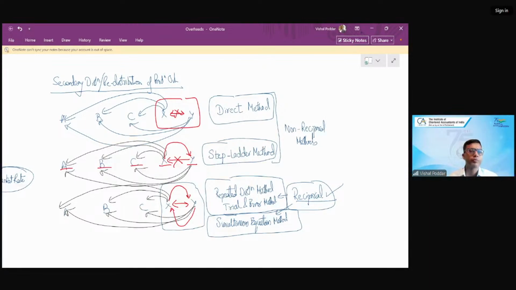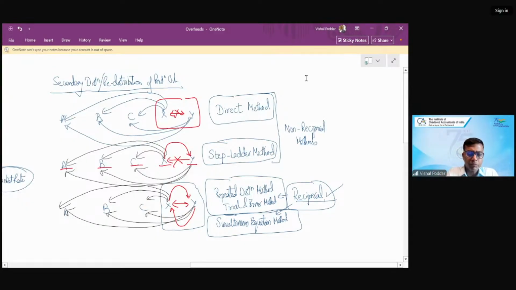Correct? Now, in order to practically understand these methods, we are going to solve sums. But what I always prefer is, when for the same thing, like for the same secondary distribution, you are provided with broadly four methods, we should always do a comparative study. Comparative means that by taking one single question, we solve it by all the different methods that are there. You should always follow this approach in every subject. Why? Because when you solve the same question by all the options or methods, it will add more value because you will have a comparative understanding between the two.